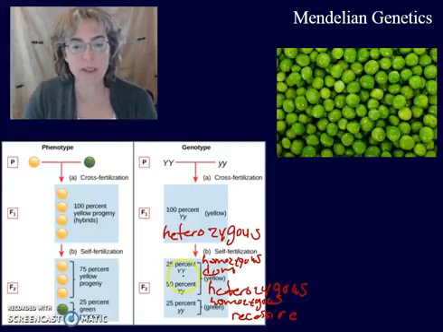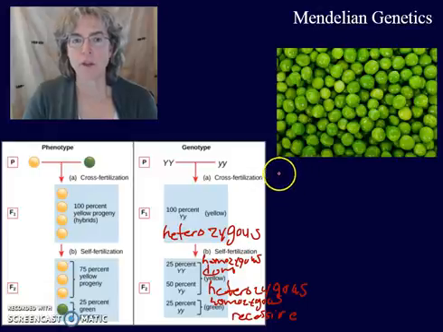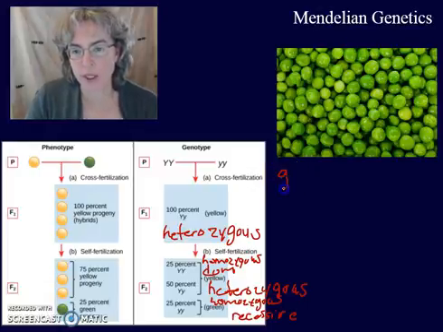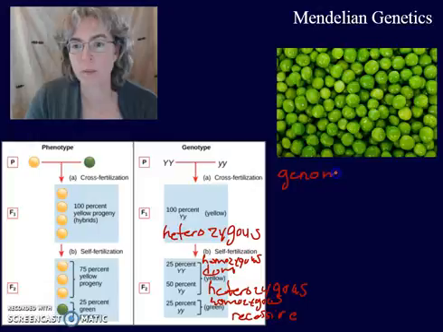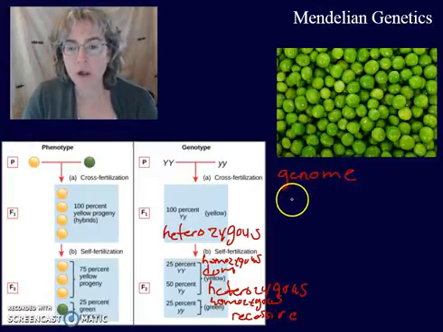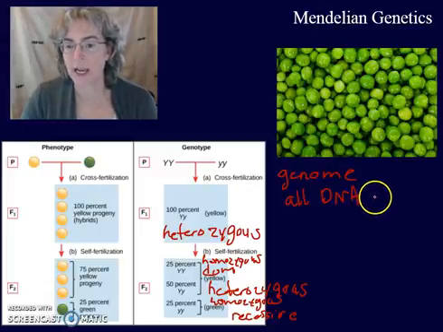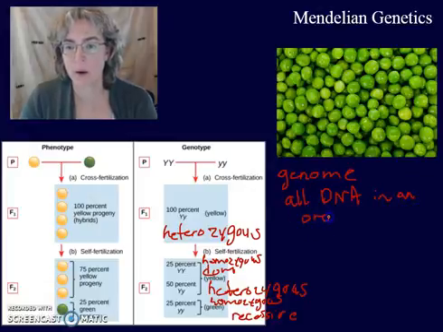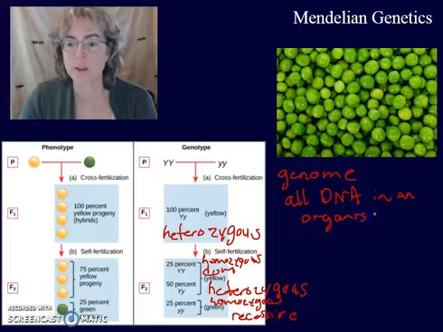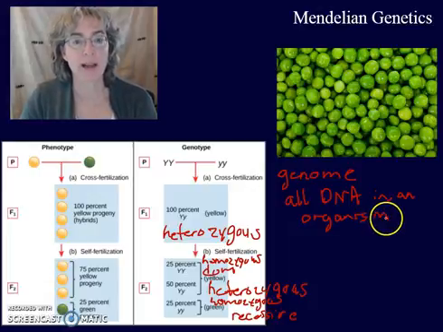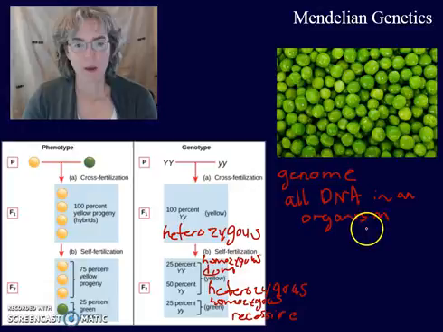So remember, these represent the alleles in the genome. Let's write genome. What do we mean by genome? Genome is all of the DNA in an organism. This is protein coding and non-protein coding. Okay,